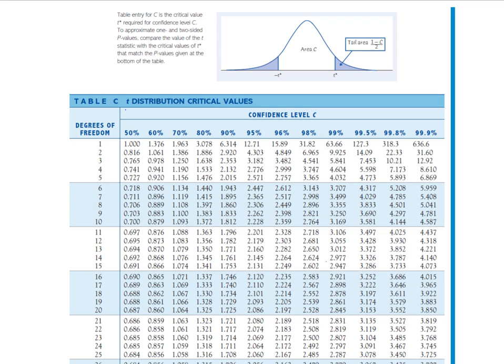How to use table C. So let's say we are constructing a confidence interval for the true population mean mu, and we have our sample